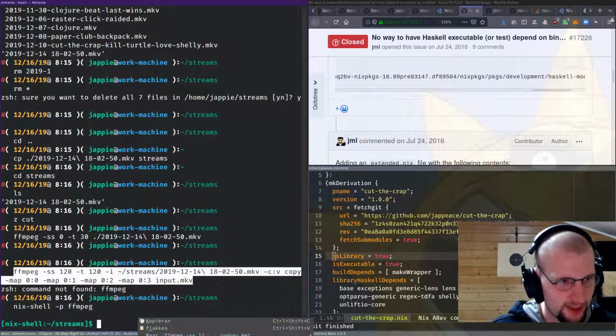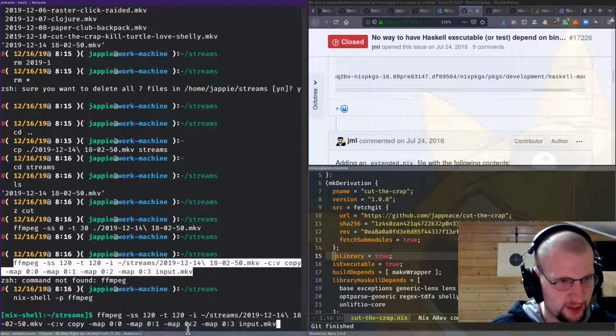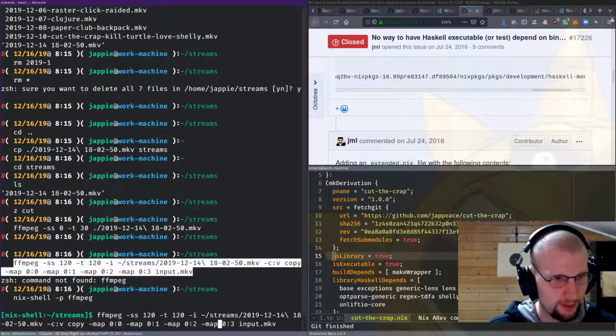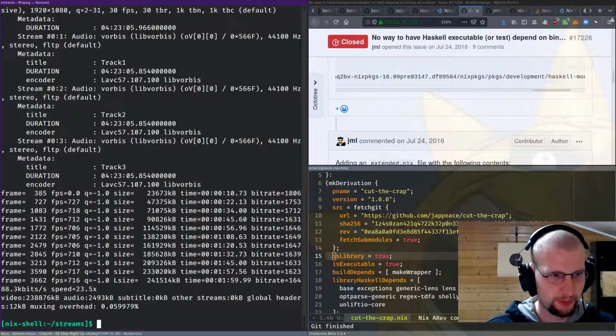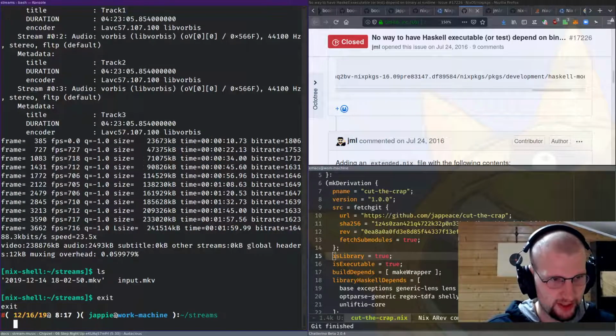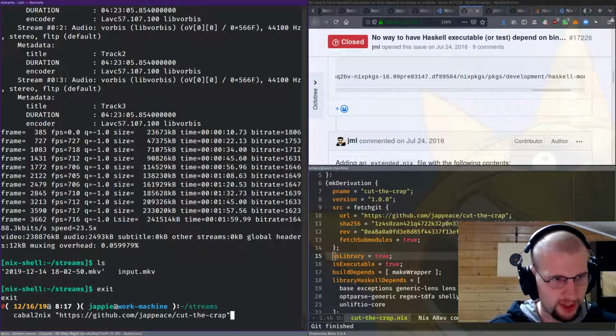And I want to separate it. I want to make sure the FFmpeg is not available on path, so we can actually see if cut the crap can find it with the patch we did. So this may actually cause my computer to get a bit of a stream delay, but that should be fine. Now if we run cut the crap,